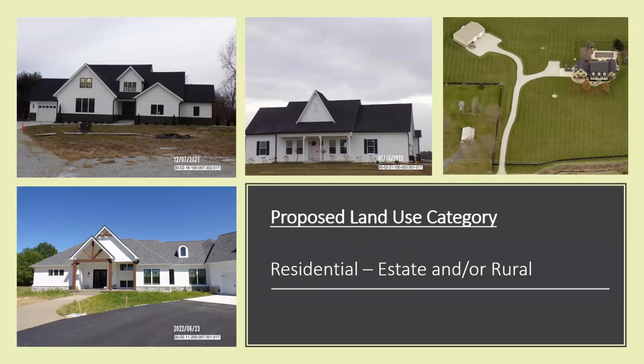I think along those lines, the idea could be that as you're going from the outside to the inner core of the community, you're basically gaining in density. So you've got agriculture on the outside, then it moves into kind of rural estate residential, then suburban residential, and then urban old town neo-traditional.